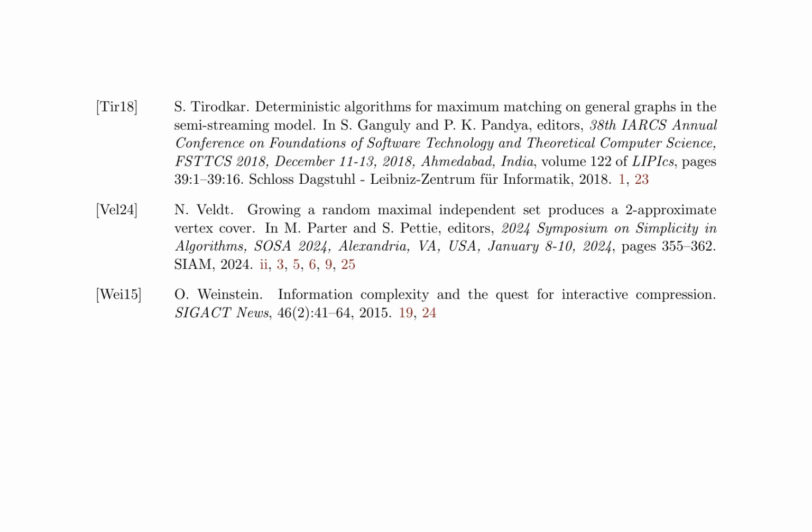Furthermore, the authors explored triple systems with no 6 points carrying 3 triangles, a concept that has been studied since the late 1970s. They also discuss communication complexity and its applications, emphasizing the importance of limited independence in Chernoff-Hoeffding bounds. Finally, the paper concludes with deterministic algorithms for maximum matching on general graphs in the semistreaming model and the growth of a random maximal independent set, which produces a 2-approximate vertex cover. Throughout the paper, the authors provide a comprehensive overview of the current state of research in these areas, highlighting novel ideas, significant findings, and important arguments.